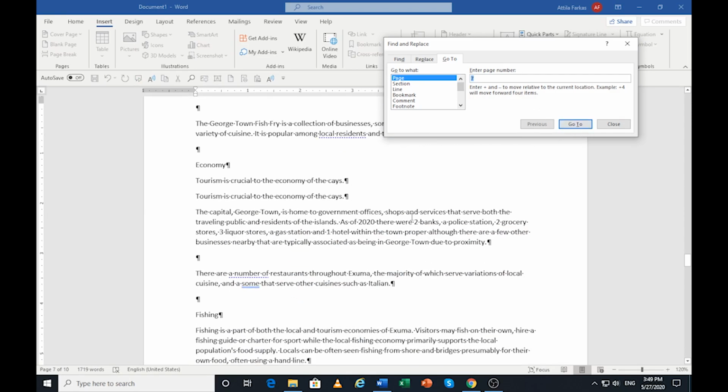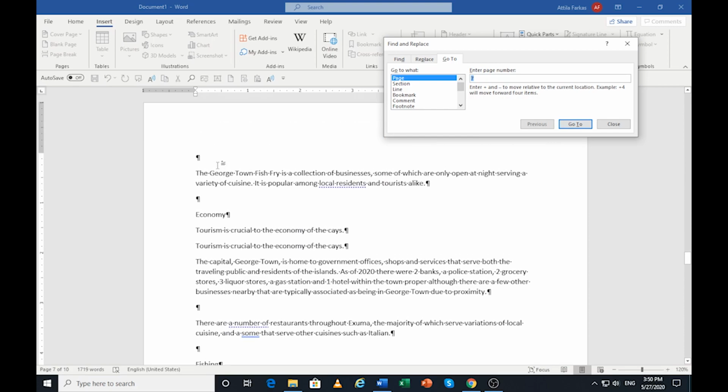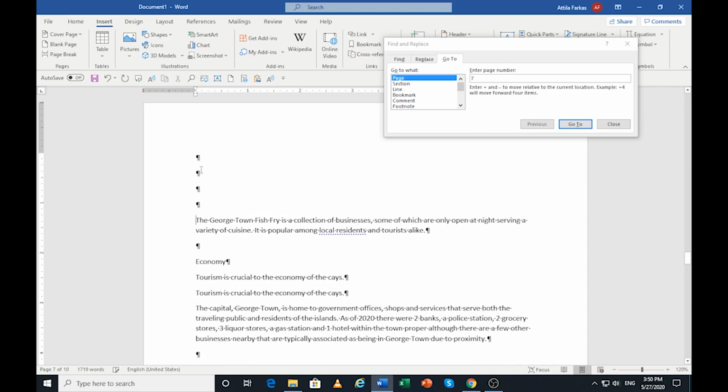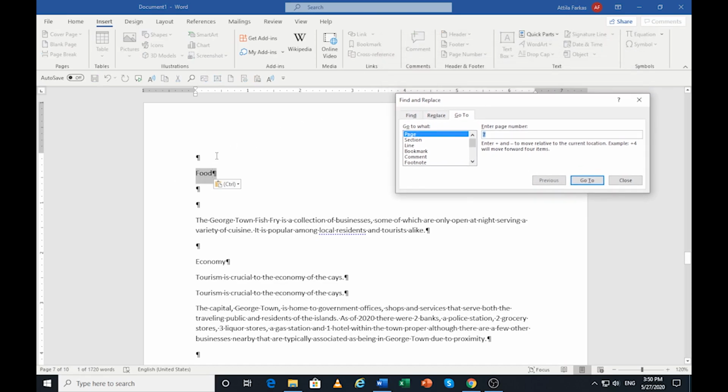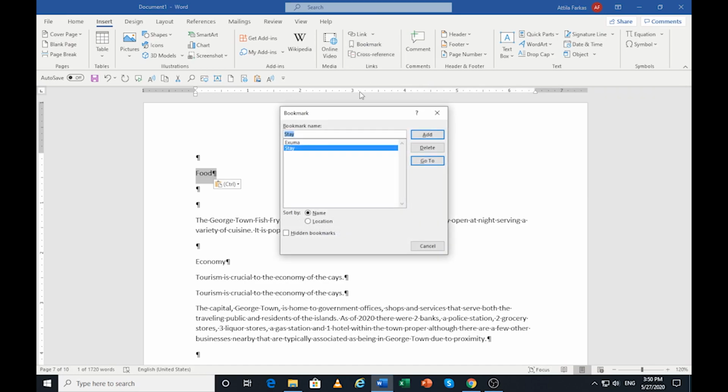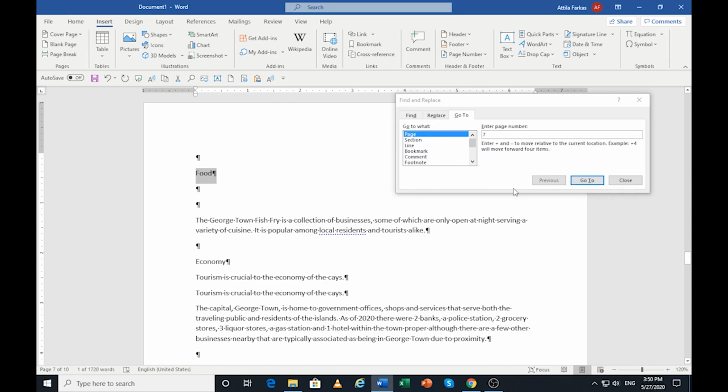I love this feature because it navigates to the pages that you want to go, plus you can work on your bookmarks. So I'm going to paste here food, highlight it, same idea again, go here and create another bookmark here. So bookmark, call this food, add, and so you added another bookmark,